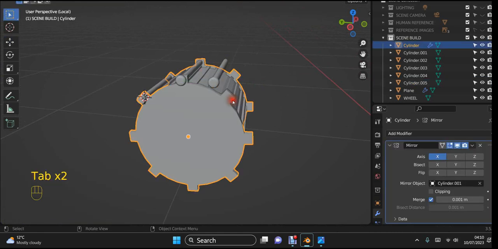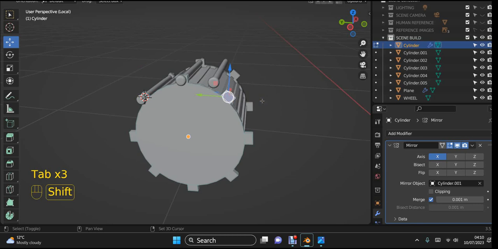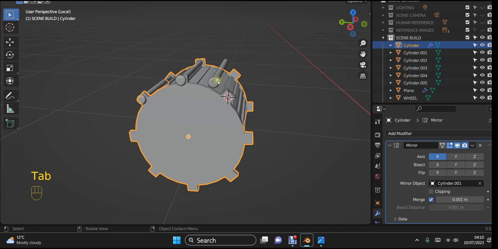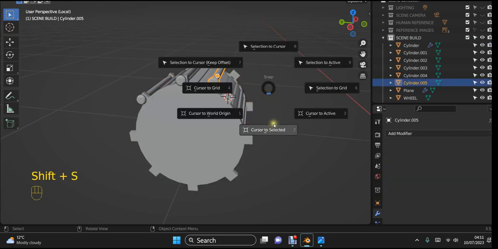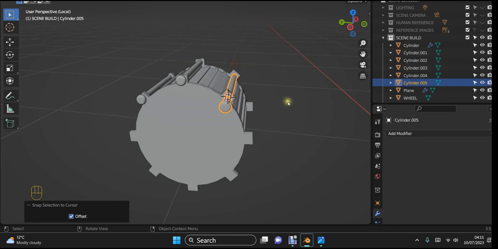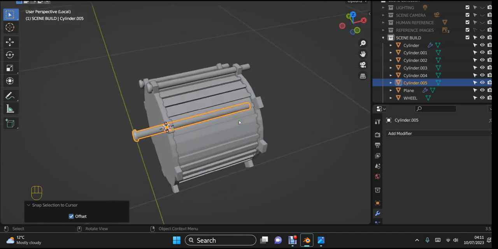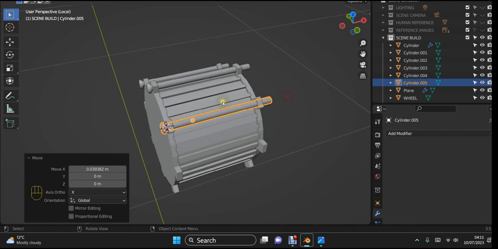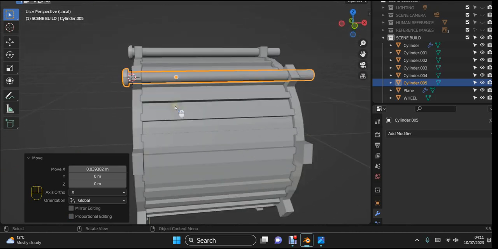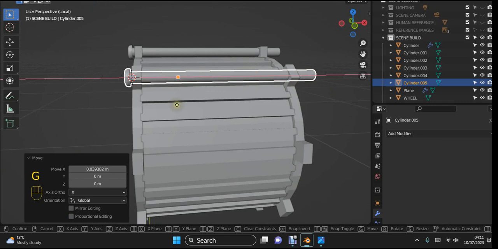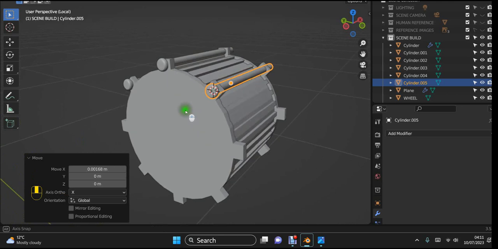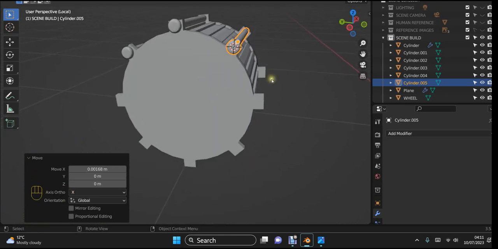Then I'm going to grab that one there, click that face, Shift S, cursor to selected, grab that one, Shift S and selection to cursor, and I'll keep the offset, which doesn't seem to do anything for me, so grab that on the X and drag it back into position like that. I could have used an array modifier, but I didn't calculate my handles beforehand, and me and maths have never really got along, so